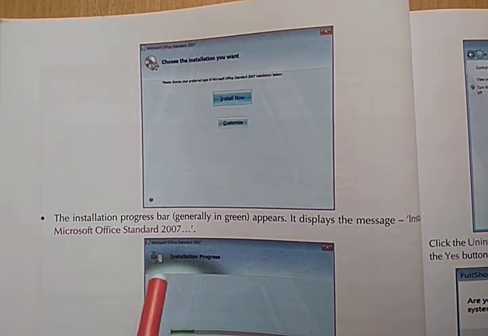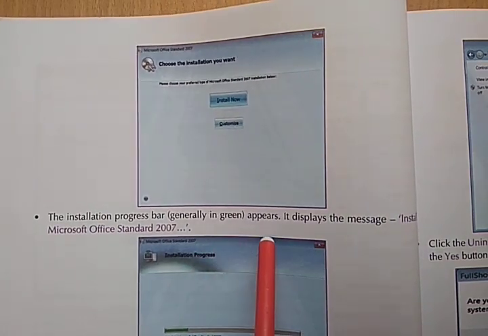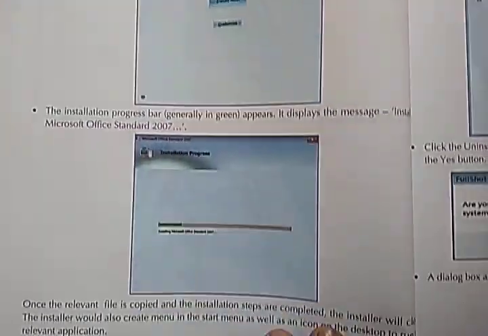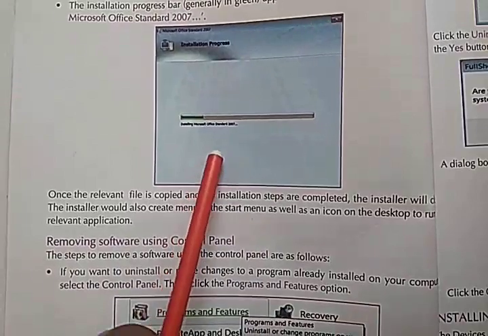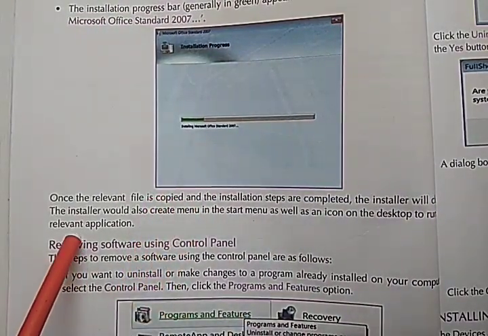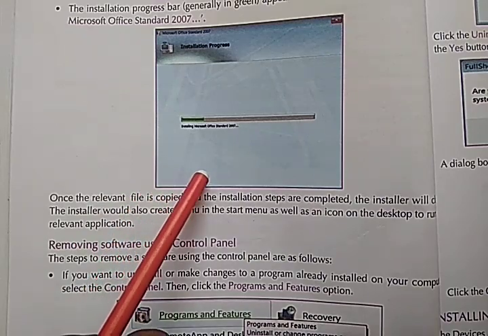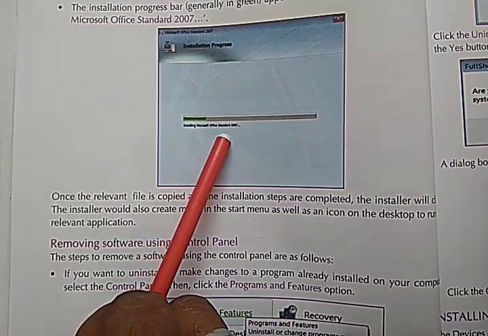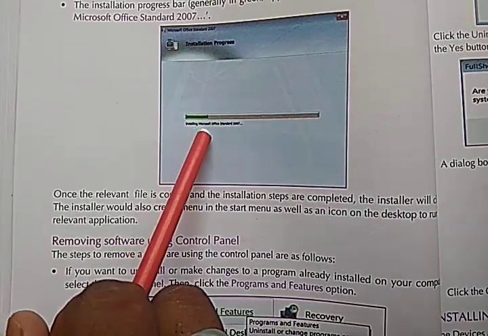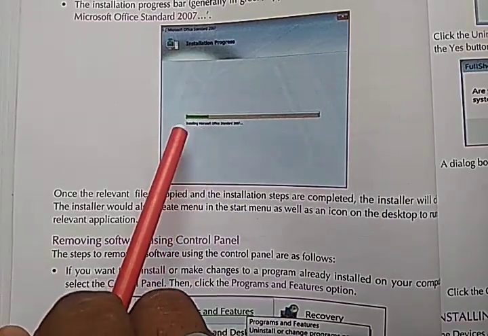Then the installation progress bar, generally in green, appears. It displays the message installing Microsoft Office Standard 2007. Like so, it is shown like this. While installing Microsoft Office Standard 2007, the parts showing green are completed.